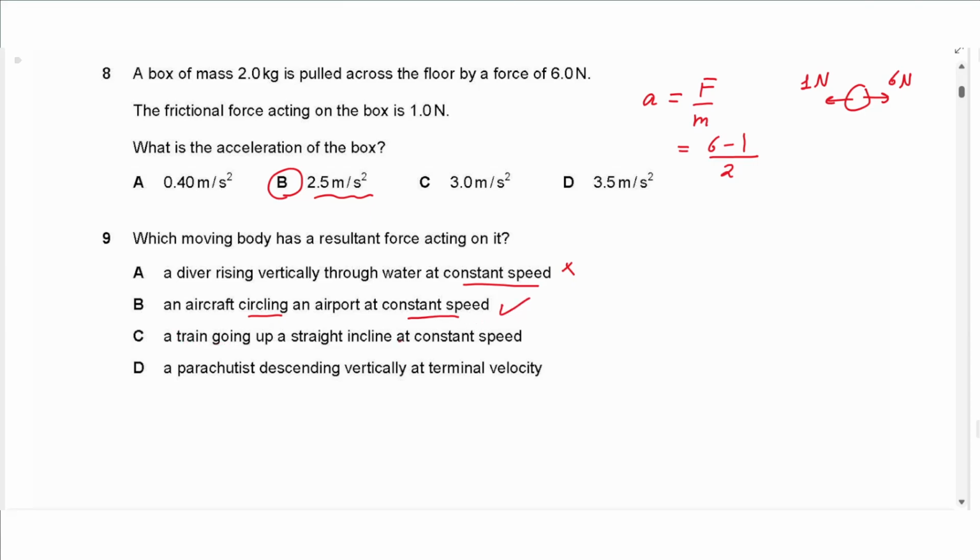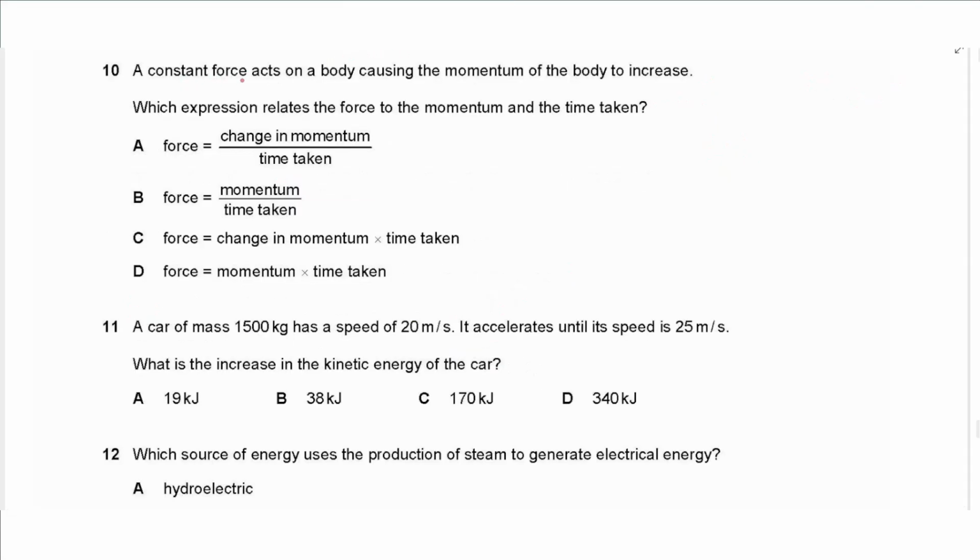A train going up a straight incline at constant speed. Again, no change in speed or direction. A parachutist descending vertically at terminal velocity. No change in speed or direction. So we choose B. Question 10 says a constant force acts on a body, causing the momentum of the body